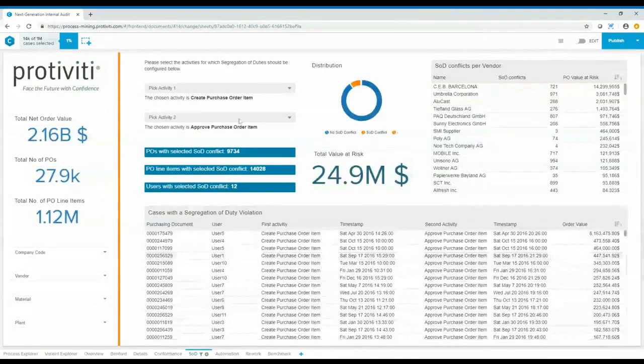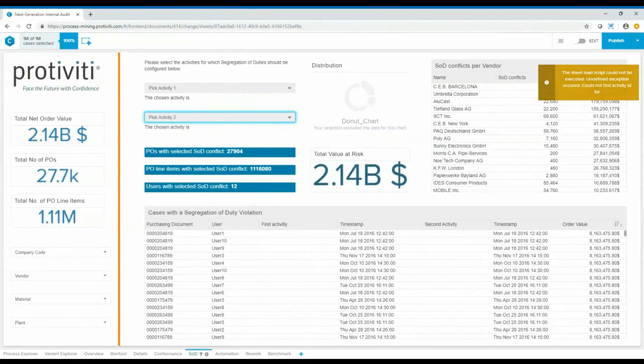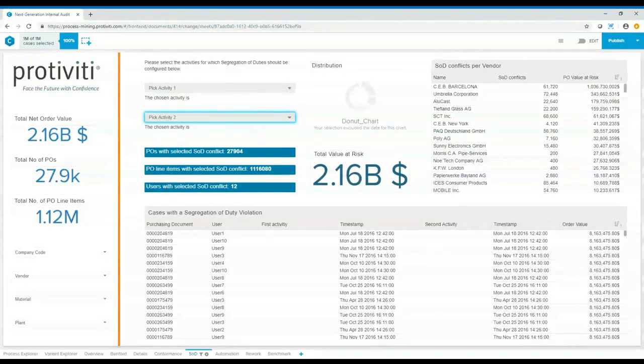There are a number of other features here. I think an interesting one is the ability to use data that's in your transactional systems and user information to perform transaction-level segregation of duties analysis. So that's not just the what could happen, but the what did happen. If you're an organization that has struggled in the past to prove that even though individuals may have had more access than they should have had, they didn't actually use it, this SOD quantification is a way you can go in and validate.